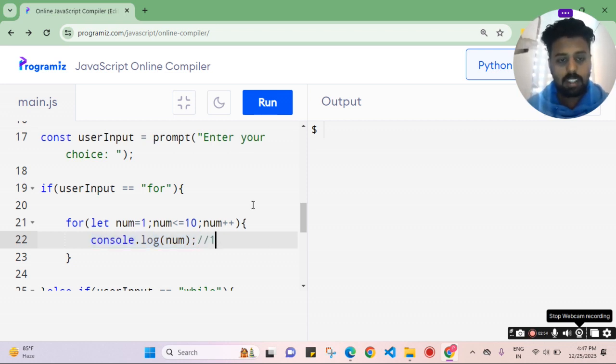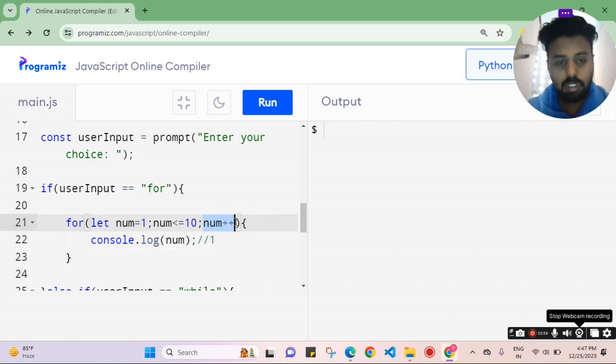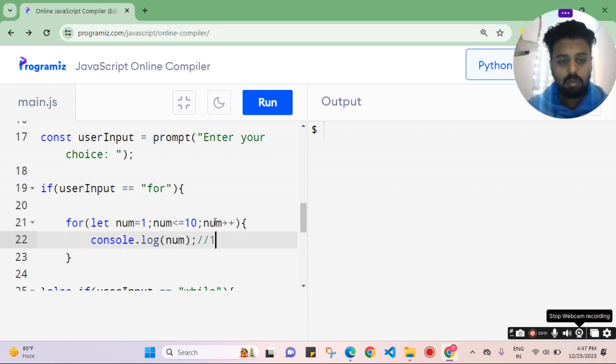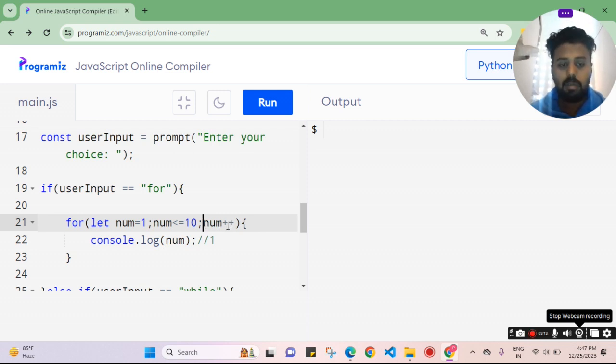Then the loop goes to the increment or decrement part, and here the increment or decrement portion will be executed. Just recall your operators class. From there you can understand what this double plus is, which is nothing but an increment sign. So here I'm doing num plus plus, which means I'm incrementing the number value by 1. Initially num is 1, so now it becomes 2. Again it enters the condition part and checks: 2, is it less than or equal to 10? Yes, it is. Then again